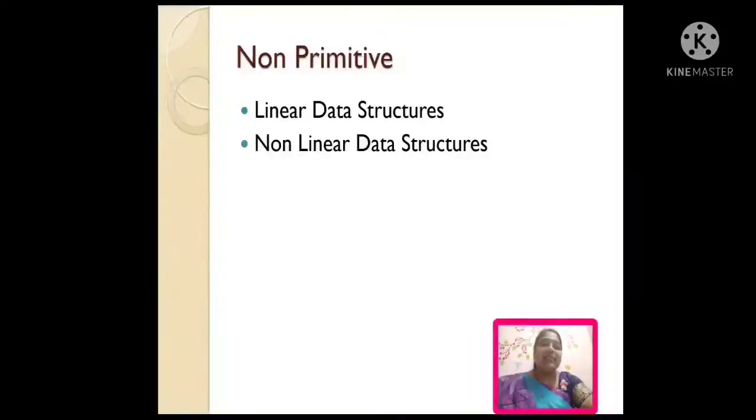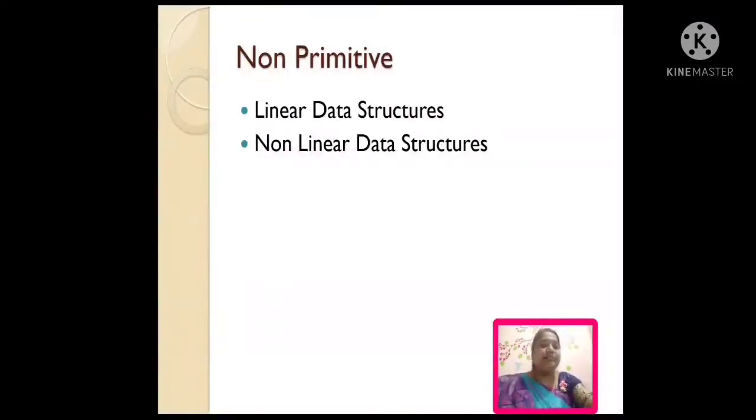One is linear data structures, another one is non-linear data structures. Linear data structures are data structures which have contiguous memory allocation. Contiguous memory allocation is nothing but memory allocated continuously in a storing area. That is called linear data structures. And non-linear data structures do not have any certain rules to store data. It can store data anywhere, but we have to retrieve the data